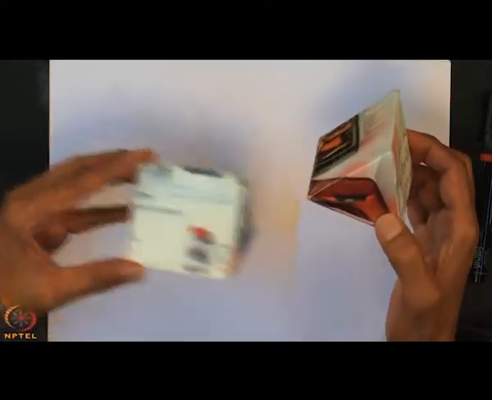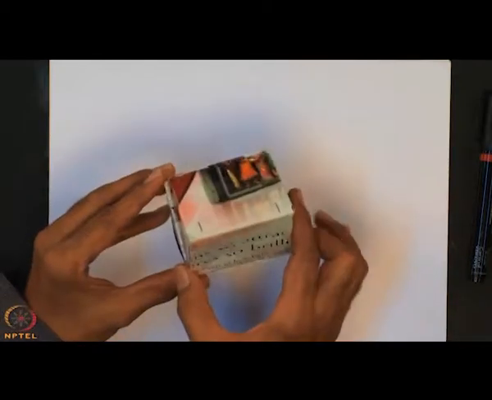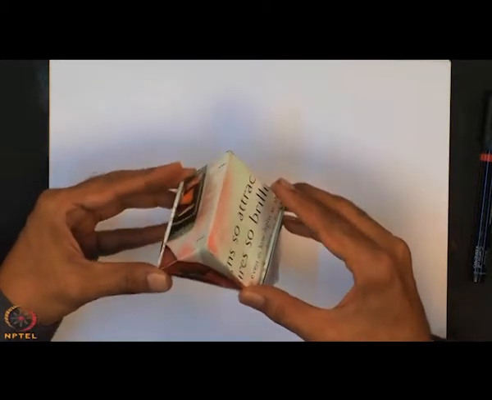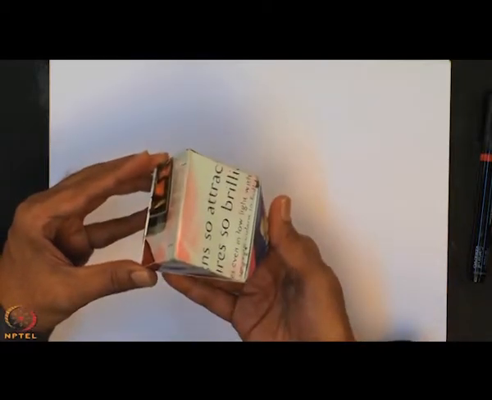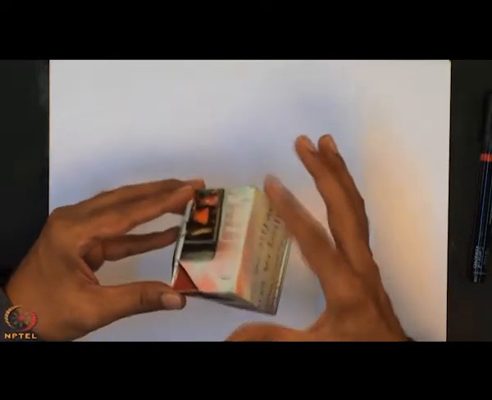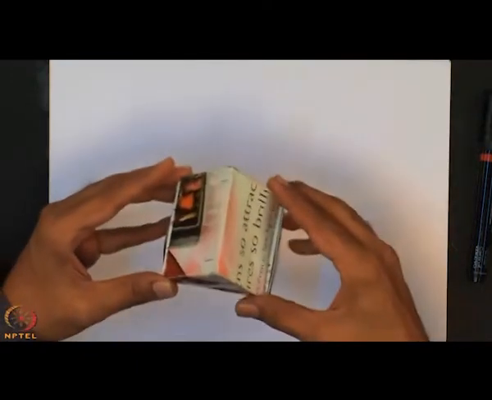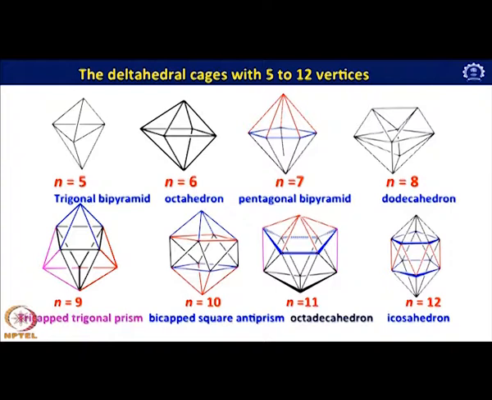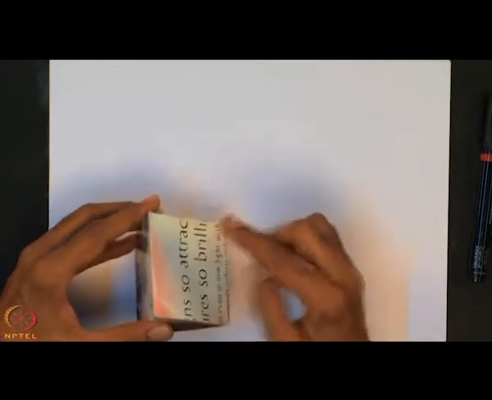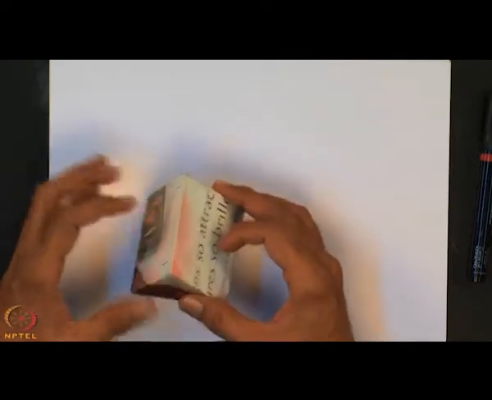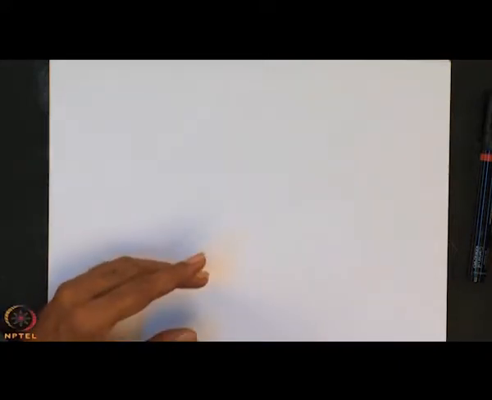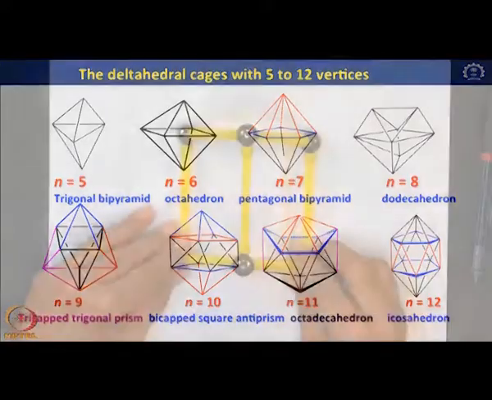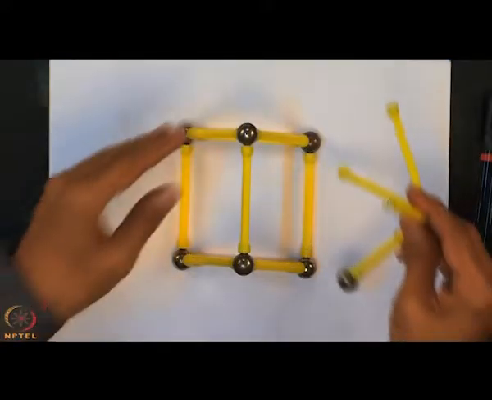So, this is a trigonal prism, this is another trigonal prism. Connect them this way, not this way. If you connect this way, you see this will have 2, 4, 6 plus 2, 8 vertices. So, n equals 1, 2, 3, 4, 5, 6, 7, 8. This is dodecahedron. And what we have next is tricapped trigonal prism. Okay. For trigonal prism, you start capping these positions here. You put 1, connect 4, and similarly here is monocapped, here bicapped, and here it is tricapped. Okay. We can take like this here. Okay. And we can connect this way here. Okay.